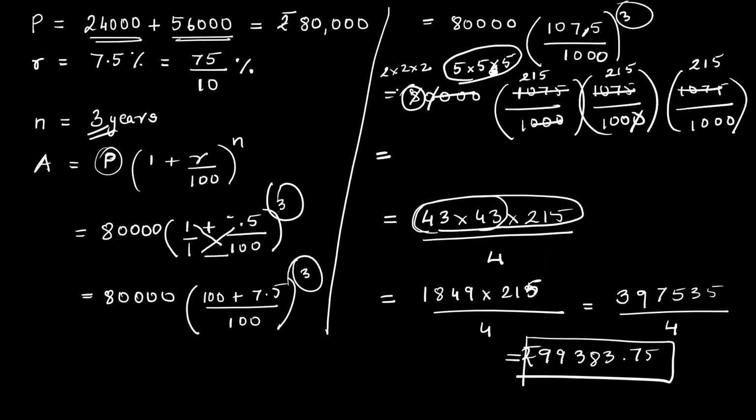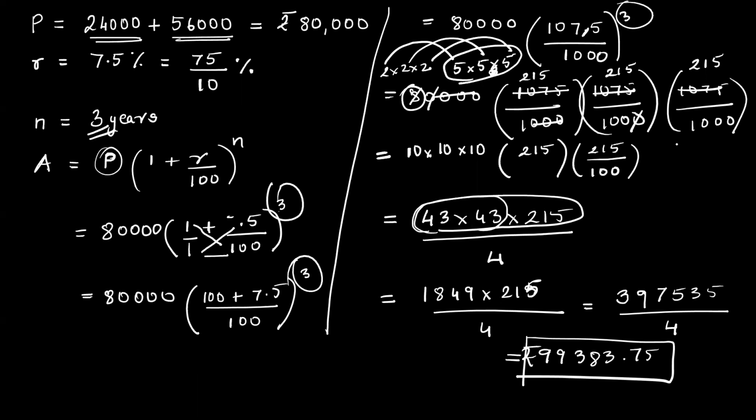Now, why am I doing it this way? Because I know 2 into 5 is 10. We had discussed this in the first chapter. 2 into 5 is 10. One more 2 into 5 is 10. One more 2 into 5 is 10. Okay. Why did I do this? Just to make the cancellation a little easy. What I notice here is all the 3 zeros and this 1000 gets cancelled.